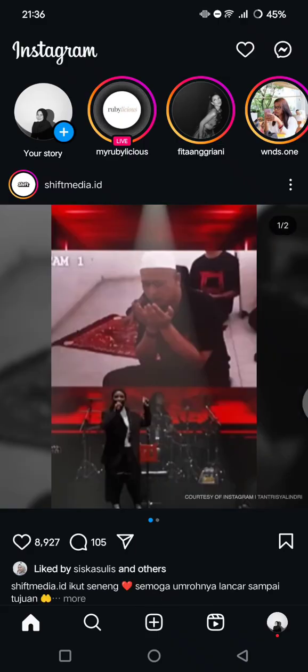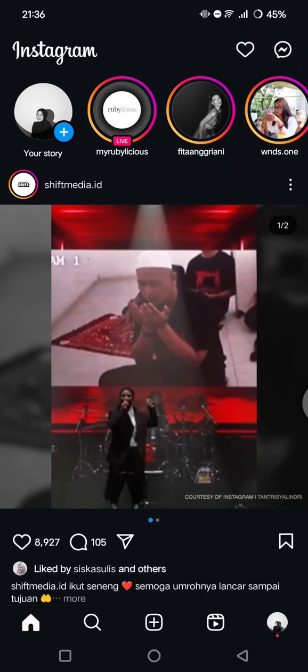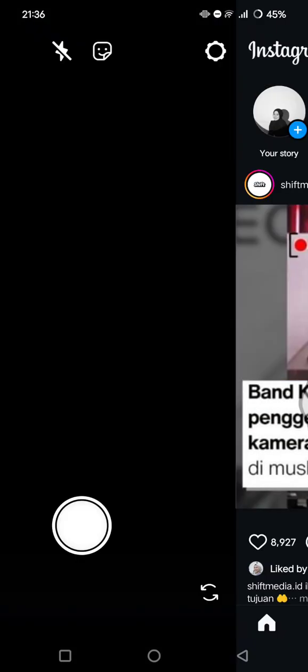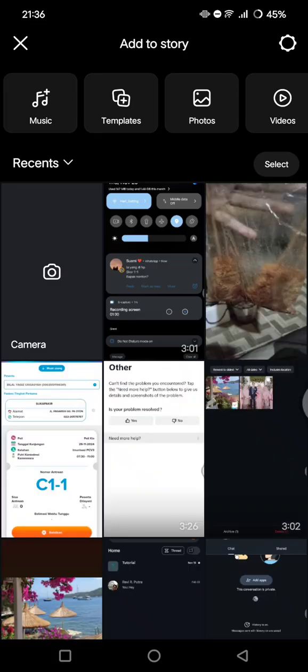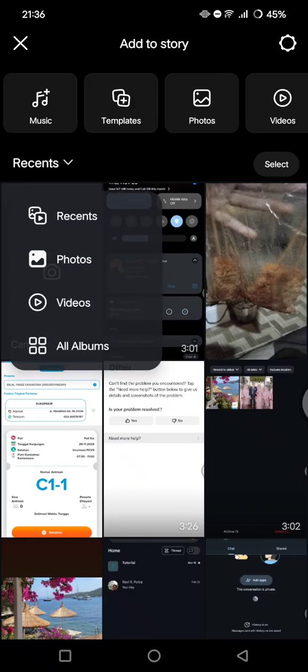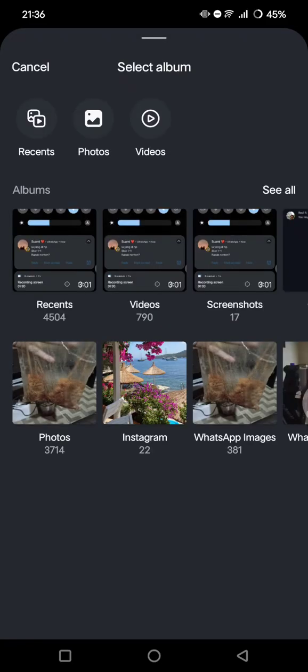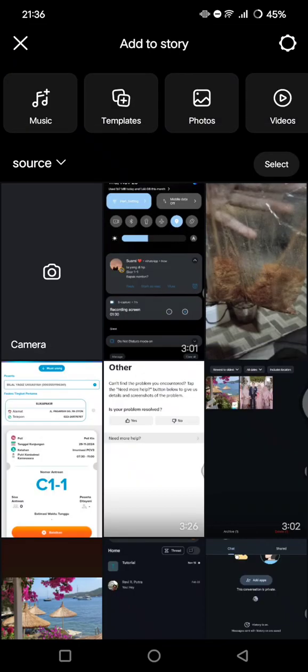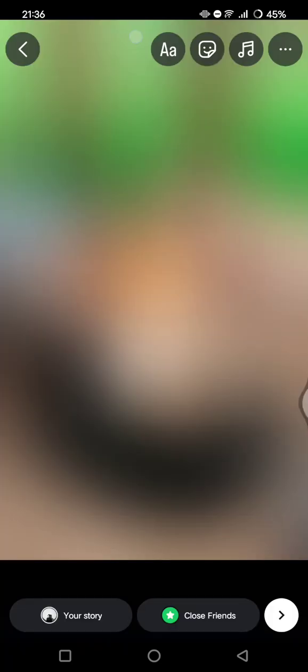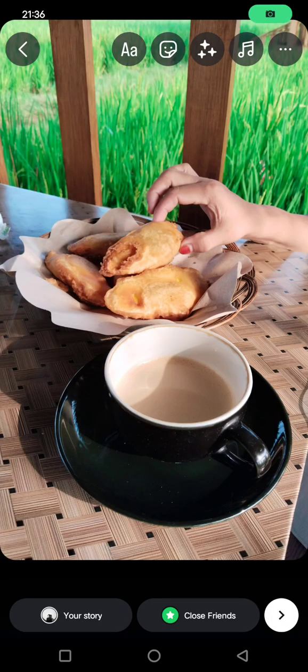So you can just click on this plus icon to open the Instagram story camera. Here you can choose a photo, video, or anything you want for your Instagram story. Here I'm going to just find a photo, for example. Okay, I'm going to use this photo for example, and to easily add collaborator, you can just use the mention